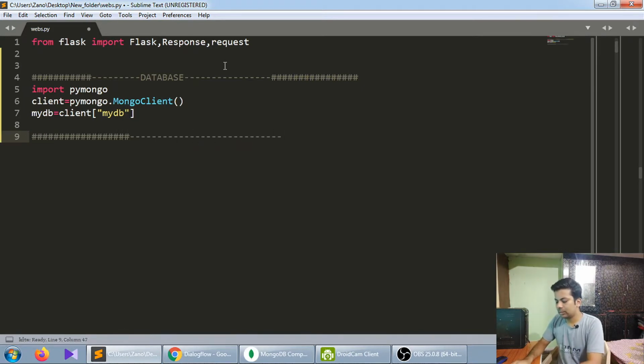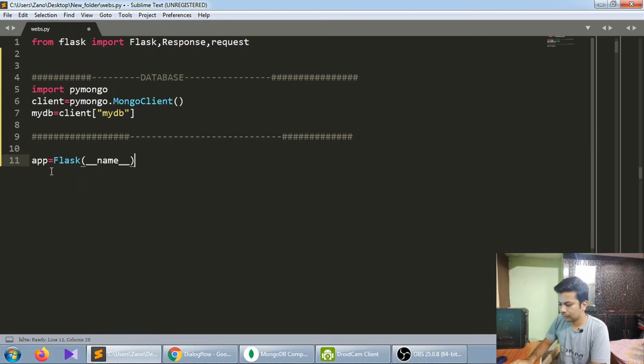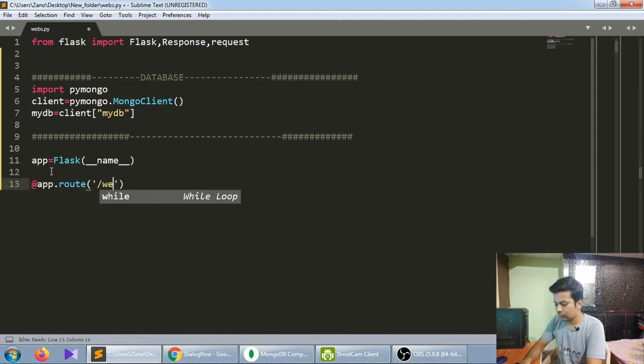So this part is for the database connection. You can use any database, just write it here. Now just go to the Flask part. app equals Flask(__name__). Now we'll write app.route. You can name it anything, but webhook is the standard.